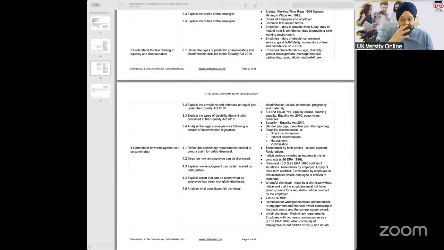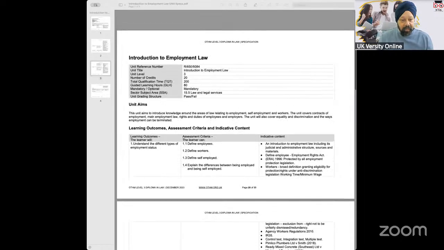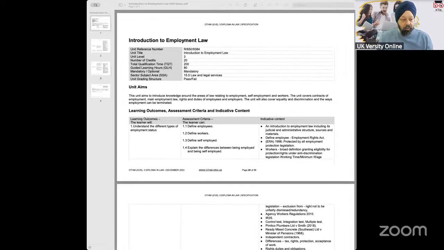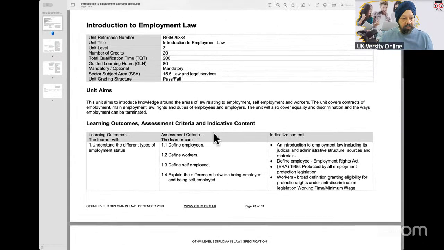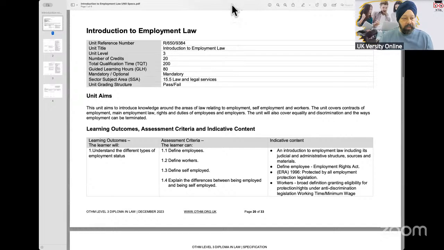And they would then represent your case against the employer in the tribunal and obviously get you a fair proceeding. So those are bits that we'll be looking at covering in Learning Outcome 4. Now, that hopefully gives you a bit of an overview in terms of what is expected to be covered in this particular unit. Today's focus is primarily going to be looking at understanding some of the basic terms and terminology